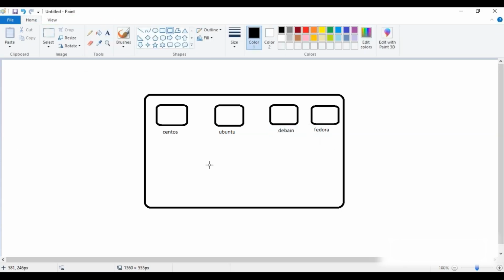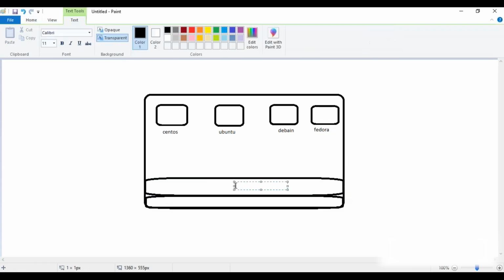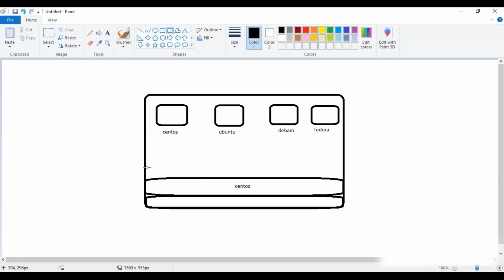Okay, and here is the hardware, assume, and this is the operating system. And this operating system, assume this is a CentOS. In the CentOS, you install the Docker engine. So here,